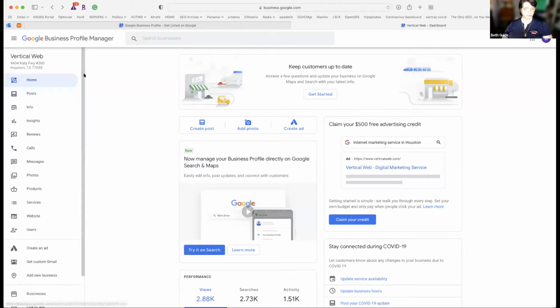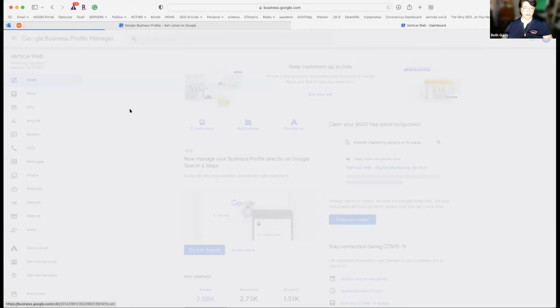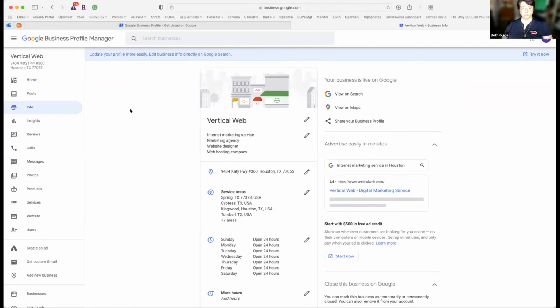What you're going to do, and this is vitally important to the overall success: once you get into this section, you are going to go to the info area. I want you to pay really specific attention to this area here that allows you to pick what your categories are.